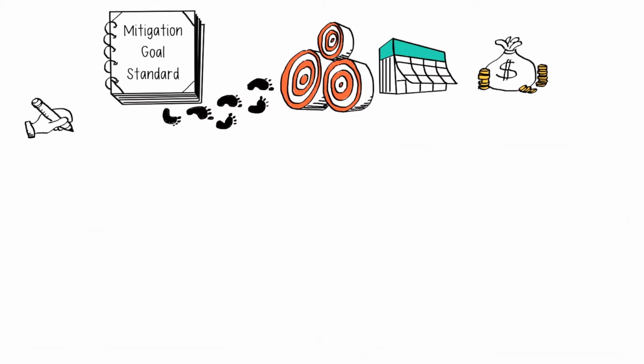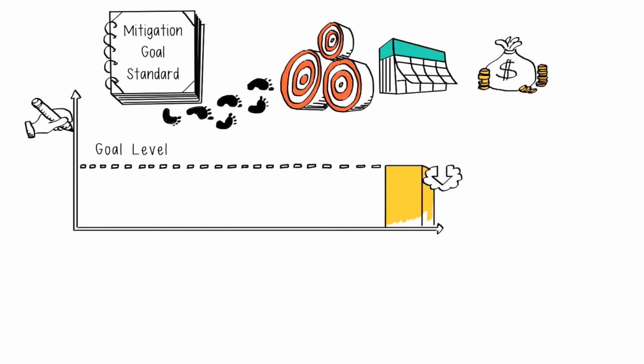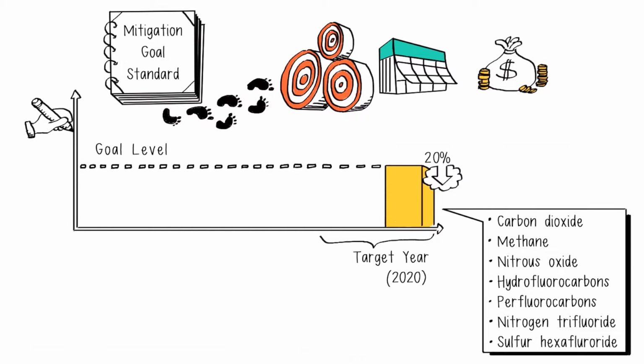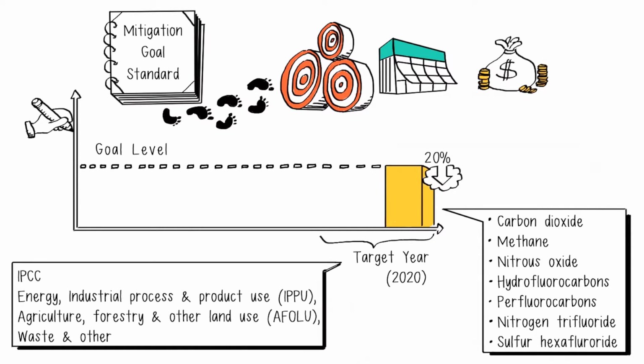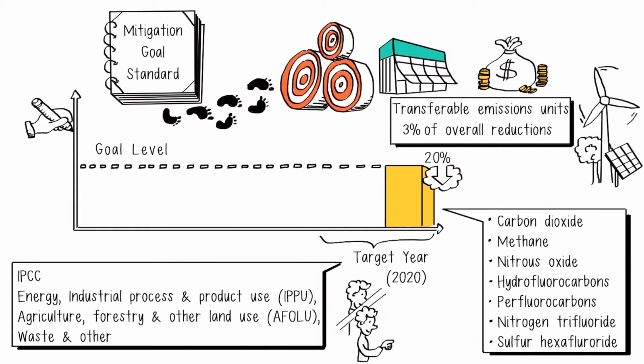The output might be a goal such as this: a single-year base year emissions goal for a national jurisdiction to reduce GHG emissions by 20% relative to 1990 levels by 2020. The goal covers all 7 greenhouse gases under the Kyoto Protocol, all IPCC sectors, the entire land sector, and all in-jurisdiction emissions. The goal will allow for the use of transferable emission units, but they may not account for more than 3% of overall reductions, and they will be generated through the Clean Development Mechanism. A transaction log will be used to prevent double counting between the selling and purchasing jurisdictions.